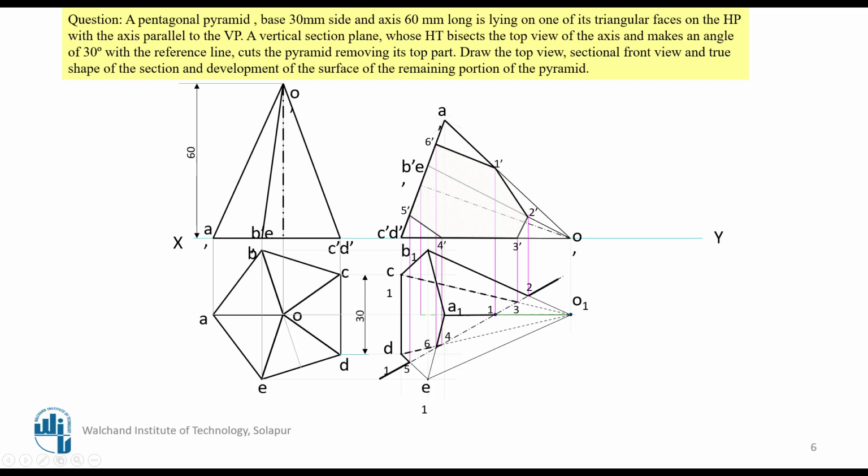This part they are going to remove because the observer is here. The observer is looking from this particular position. He is the observer, between the observer and the axis line. So now complete this one with all the section lines.